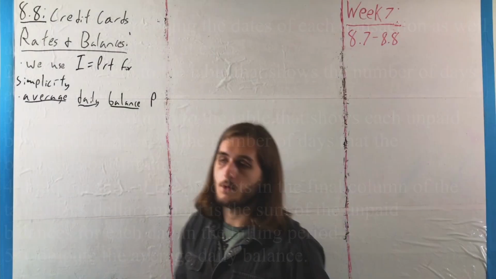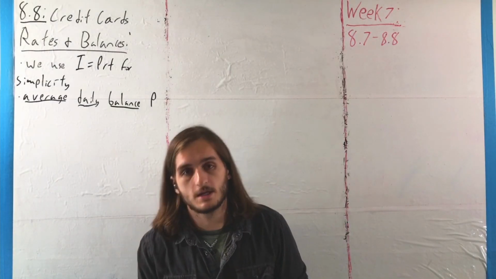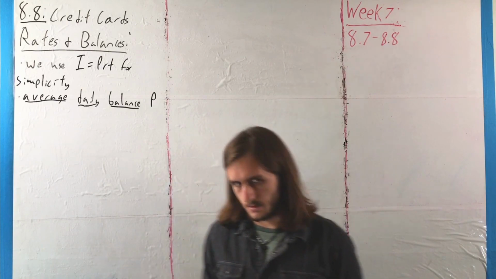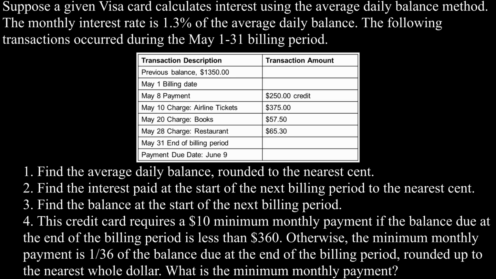number of days. We'll go through one example here to practice with this, and strap in because it is a little bit of a long one. So for this example, suppose a given Visa card calculates interest using the average daily balance method. The monthly interest rate is 1.3% of the average daily balance. The following transactions occurred in the billing period from May 1st to May 31st, where we have the transactions as